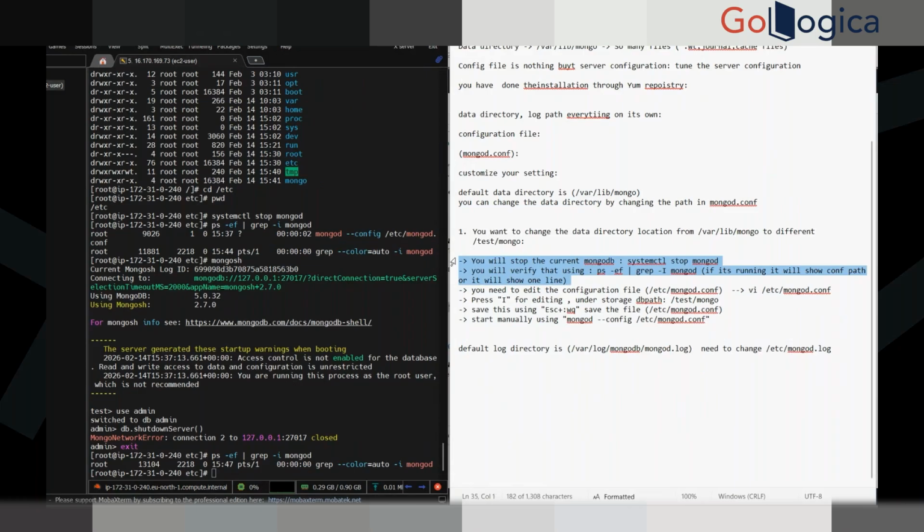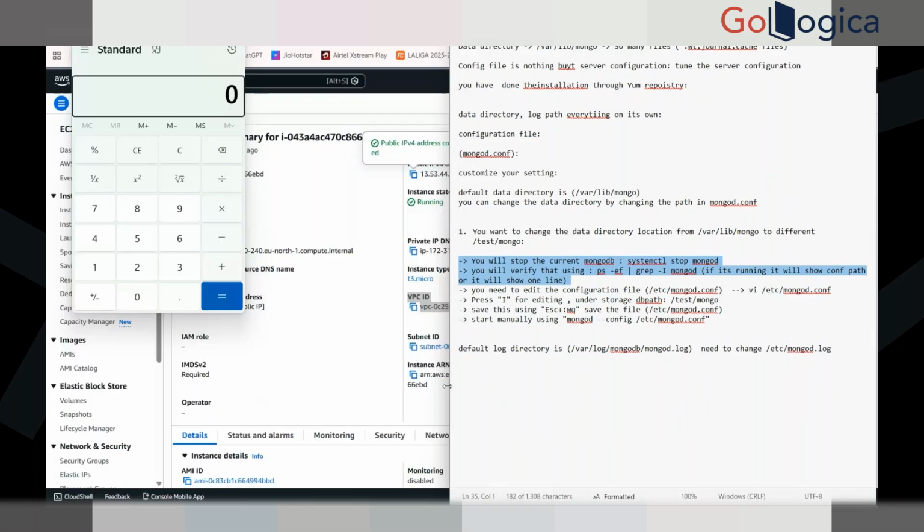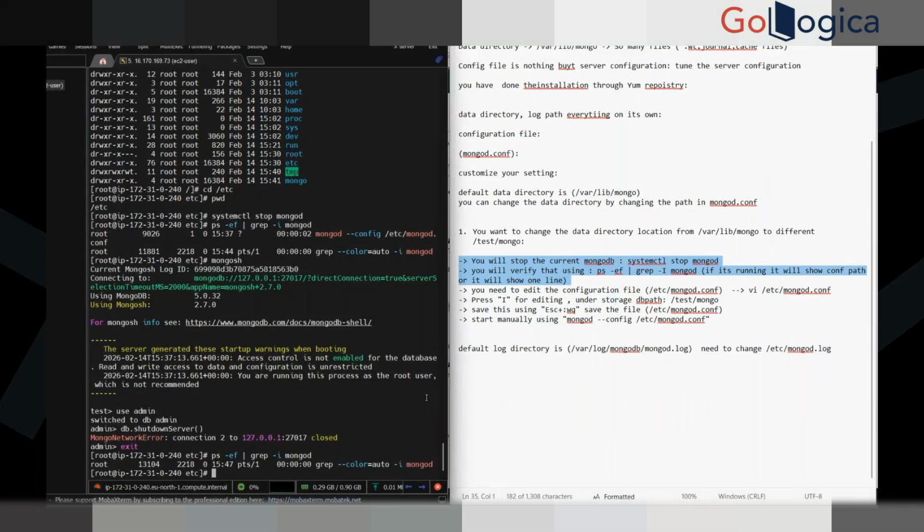Okay, so you need to edit your configuration. How will I edit? Yeah, using VI, Virtual Editor. Is that right? Okay, so yeah, vi /etc. So that's the part. Yeah, this is my MongoDB